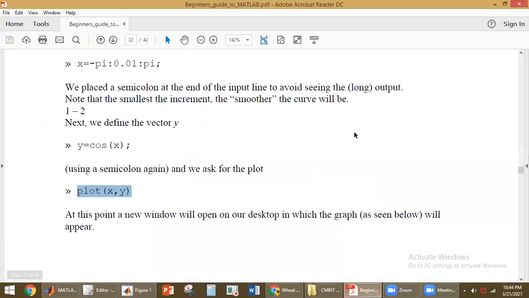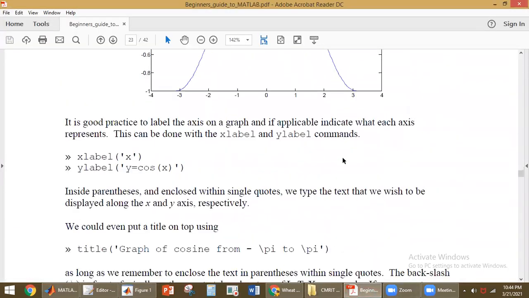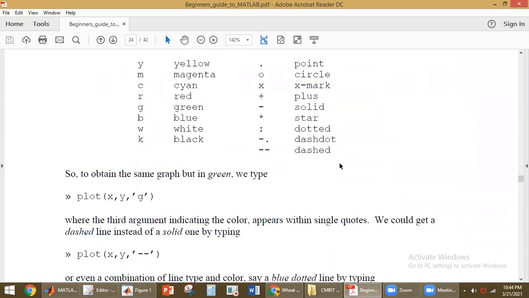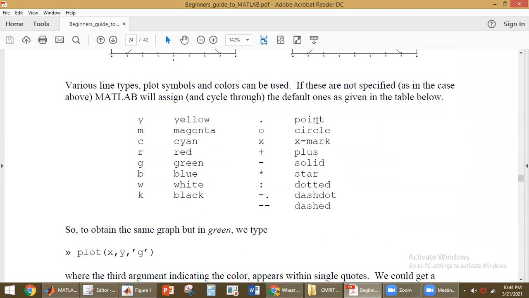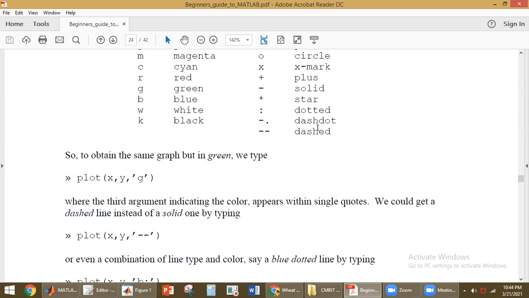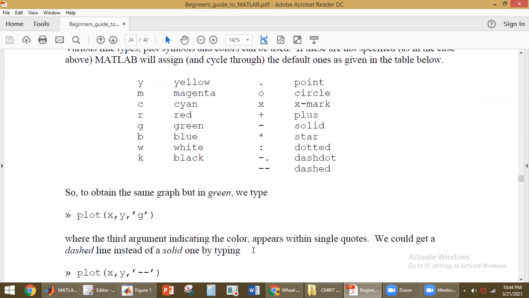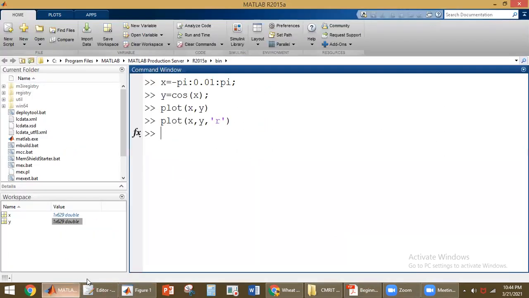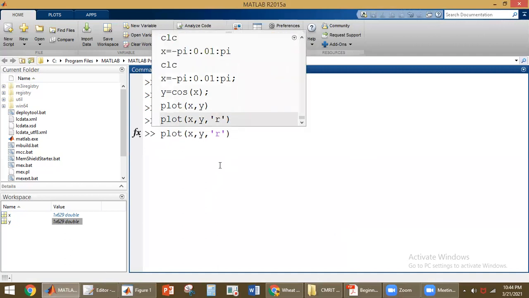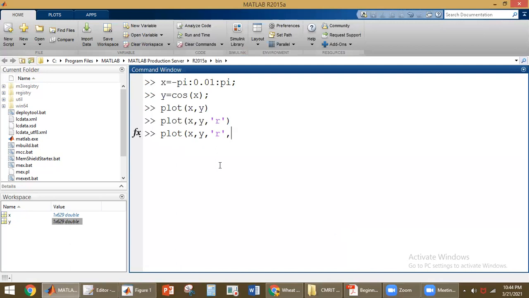And just now we have discussed that we can plot in different patterns. What are the different patterns we have? We can use point, we can use circle, like that we can have different patterns. So I want to have the previous command here. For example, I want to represent the complete plot with the plus sign.